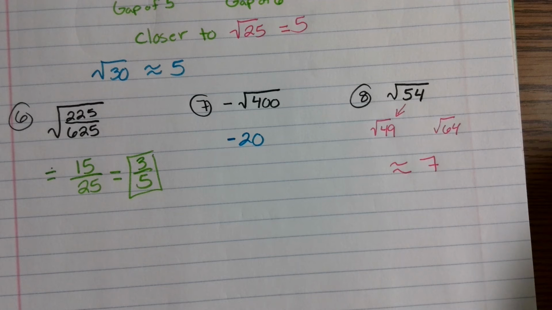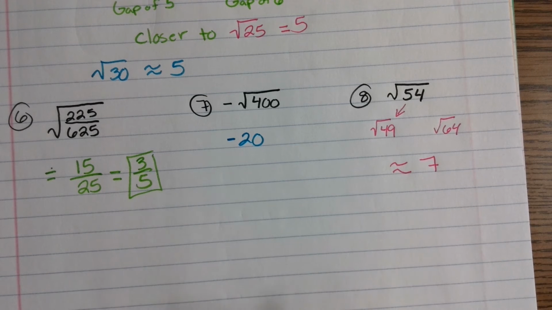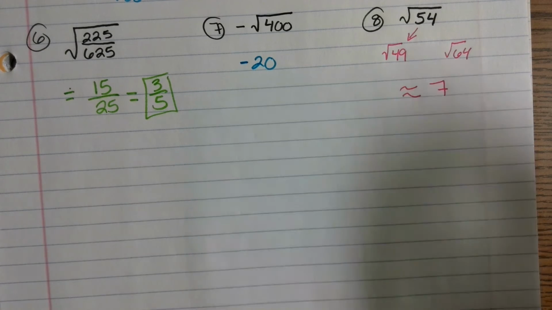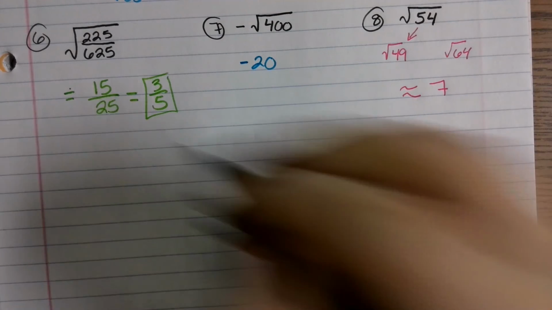All right, let's talk about cubed roots now. So again, you don't just have a square root, you have an nth root. That means that you take a root to an nth power. Okay, so I can have a 4th root, a 5th root, a 6th root. All it basically means is you're breaking it down to how many times you multiply the same number over and over again to get this value inside the radical. So if we've got a cubed root,